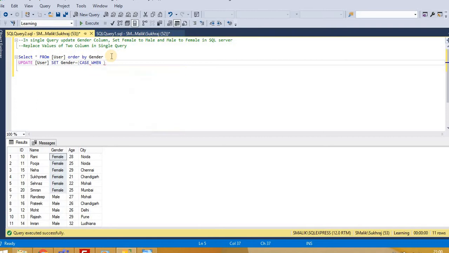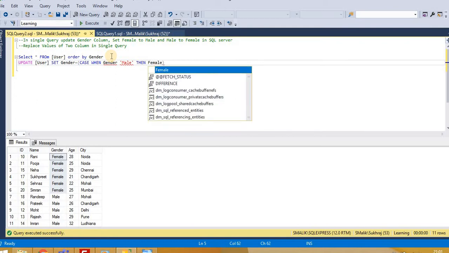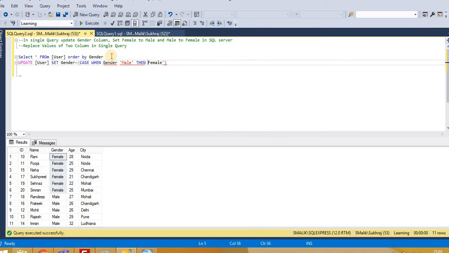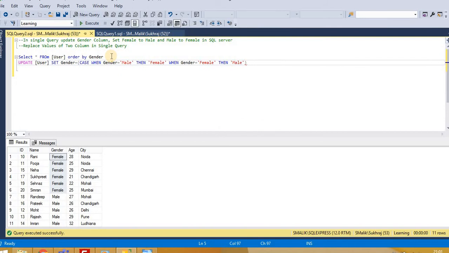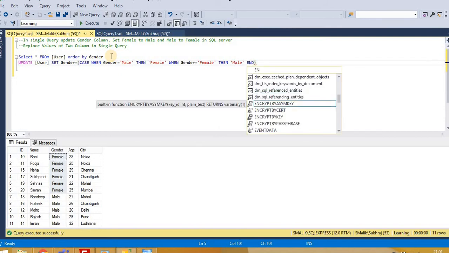Case when gender is male, update it as female, and when it's female, then update it as male, and end the condition.